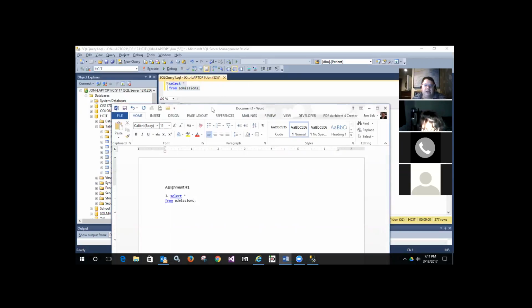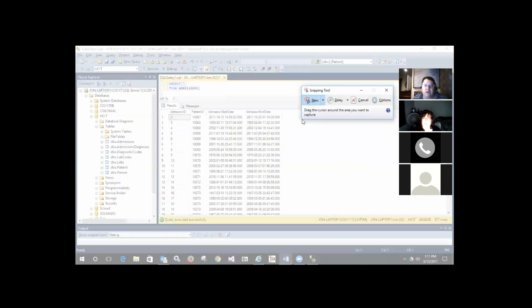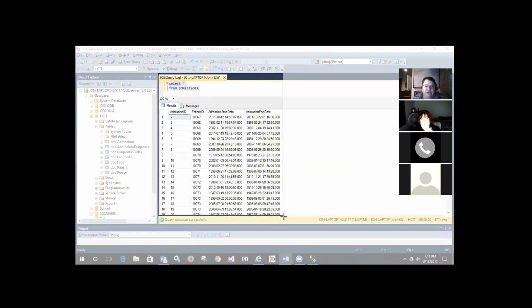And then under that, you can make a screen snip. I don't care whether you just hit print screen, or alt print screen to capture the current window, or if you use the Windows snipping tool. The snipping tool is so handy, I have it pinned to my taskbar. So I'm going to open up the snipping tool and say new. And I'm going to make sure that all of the text for the query I wrote is visible in here, and that as many of the rows as I can reasonably get into a screenshot and still make it readable are there. And so I'm going to grab that